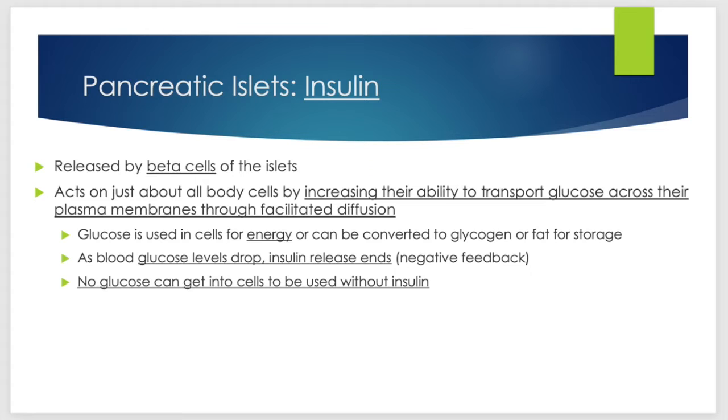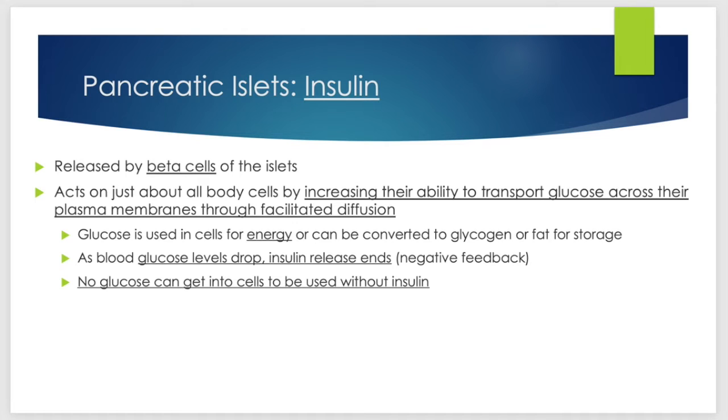So glucose needs to go into our cells so we can use it to make energy, or it can also be converted into glycogen or fat for storage long term. When your blood glucose levels drop, that's going to, through negative feedback, end the release of insulin. You cannot get glucose into your cells without that hormone insulin,